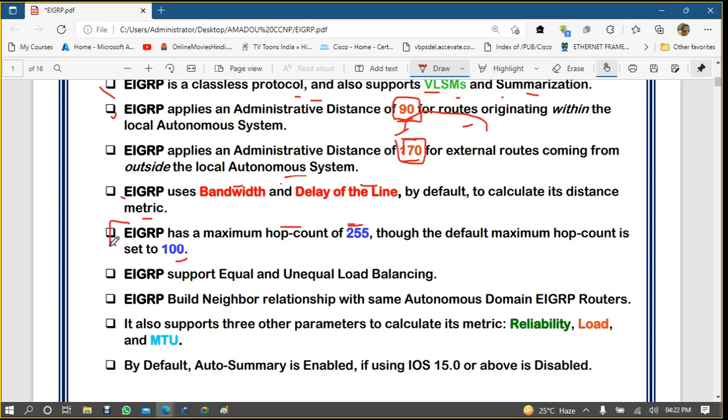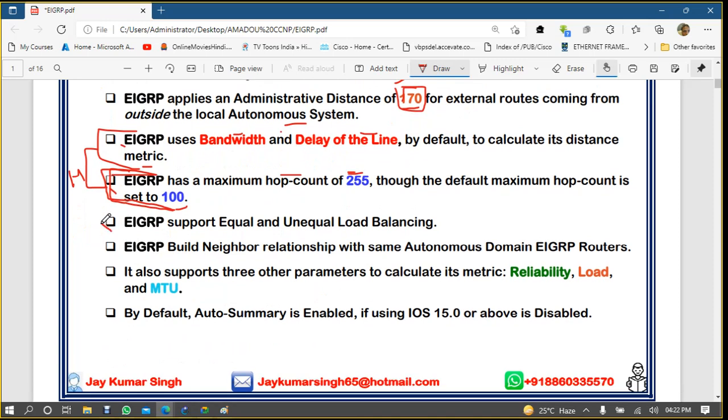This process works as a distance vector and this process works as a link state, that's why it's called a hybrid routing protocol. EIGRP is using both algorithms. EIGRP supports equal and unequal load balancing. This we will see in practical.